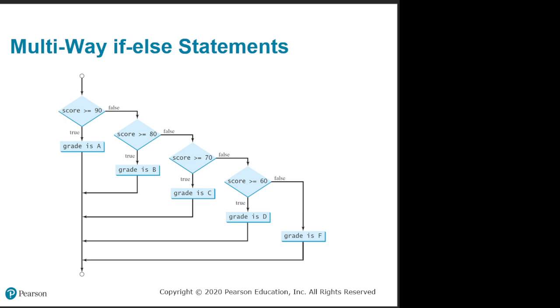All right, we're going to generate a program that prints letter grades based off of the percentage score that a student got. We're going to start by drawing the flow chart for the program and look specifically at what we're looking to do here. So the idea is the user enters